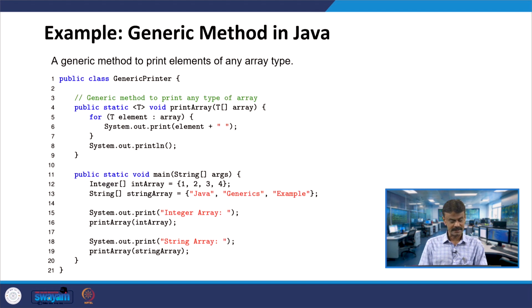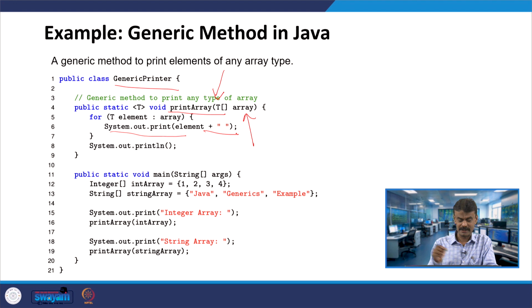So, maybe we will take one example and I will explain in detail. So, let us consider the class GenericPrinter, fine. Now you have the method printArray, alright. So, you have an array and here you go, the generic type, right. Whatever we are using, assume that we are using an integer array, T will become integer. If you are using character or string, T will become string, okay. So, for T element, whatever I have written in the previous slide, System.out.println element, and then you are printing one blank space also, alright.